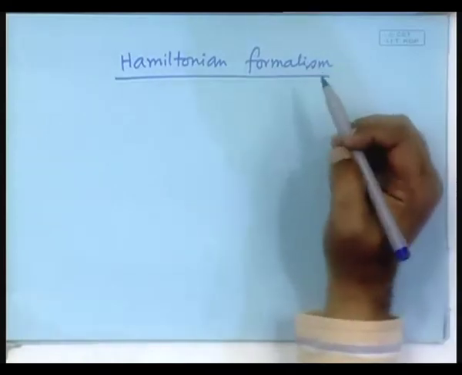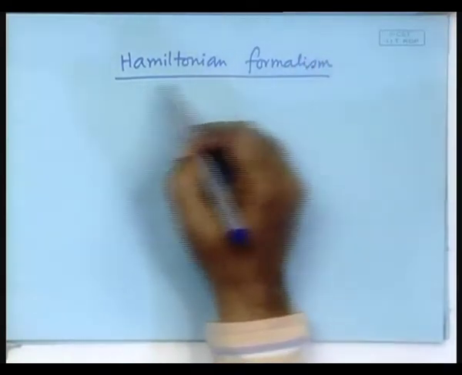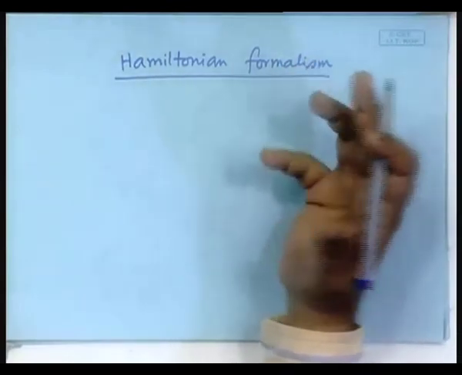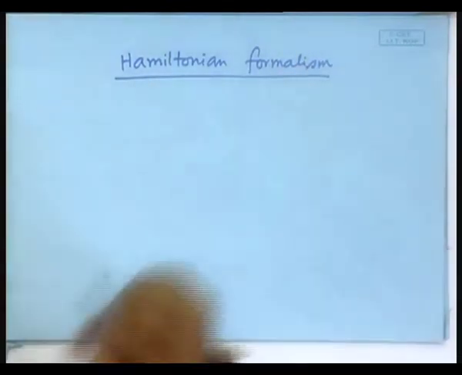In the early 1830s, Hamilton proposed this formalism, and that is why it is known as the Hamiltonian formalism, in which, in the Lagrangian formalism, we defined the Lagrangian function. What was it? T minus V. In the Hamiltonian formalism, we will define the Hamiltonian function, and in order to understand what the Hamiltonian function is,